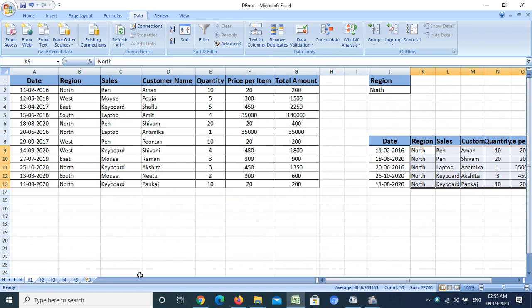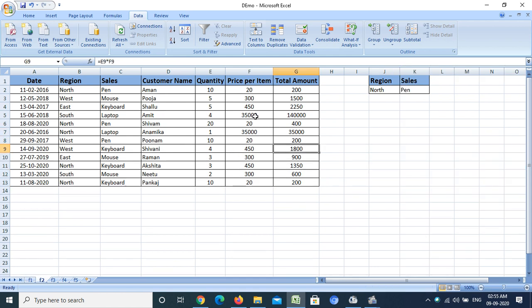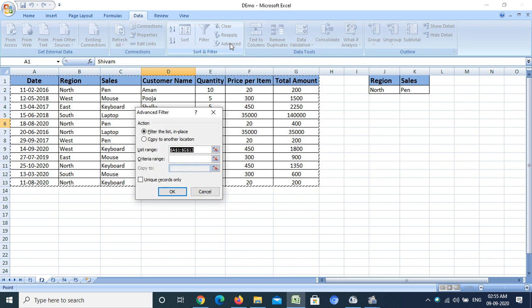Now let's see another example. Now see, I have 2 criteria, that is region and sales. For that, first of all, I have to keep my cursor in between the data and I have to click on this Advanced feature. Now, criteria range.